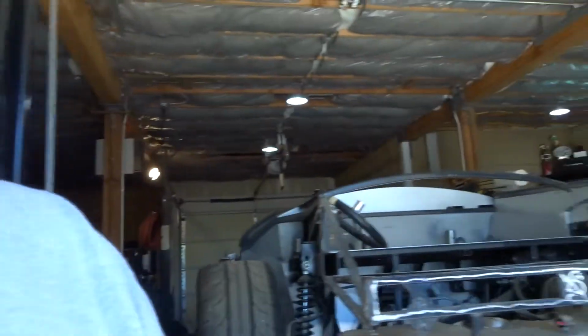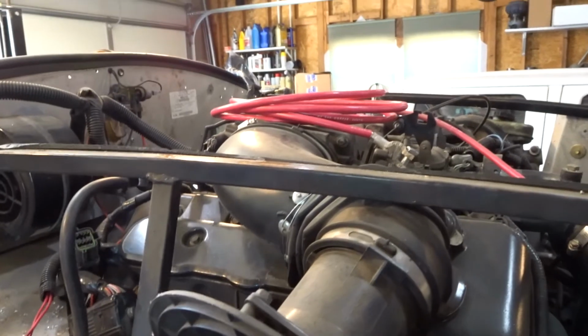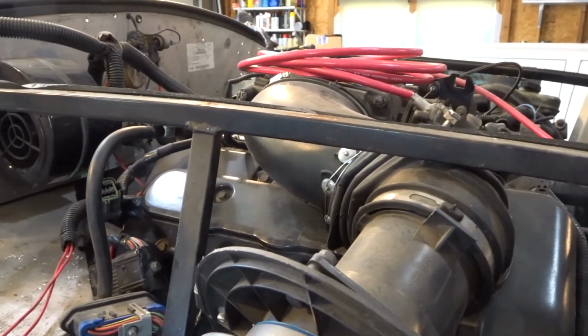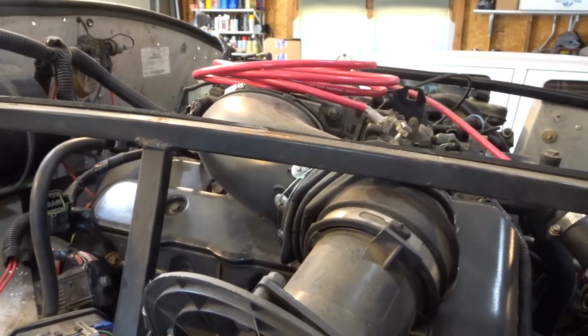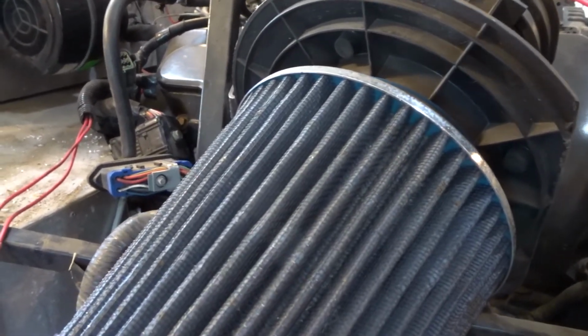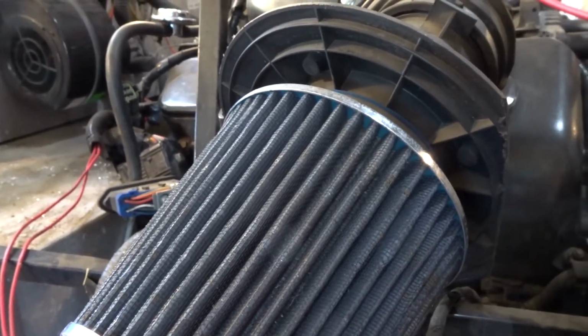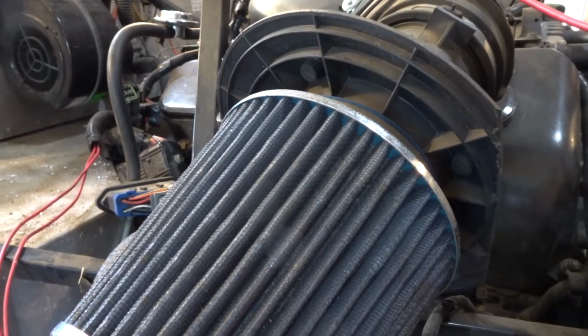I'm going to walk around to the other side of the car and we will look at the first thing I saw when this car came in. The car is up on the lift right now. It's kind of inconvenient, but it's kind of warm today. I don't feel like pushing Slytherin outside and taking the cover off, so we're just going to go with it the way we've got it right now, and if I have to climb up on a step stool or ladder, I will. If you look at the intake, they reutilized a lot of the stock 2003 Mustang intake tubing,